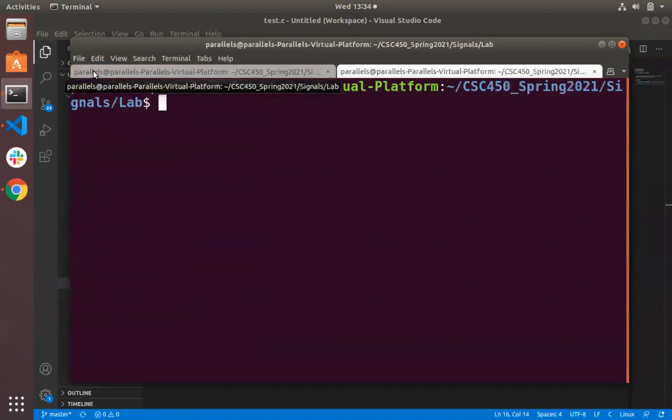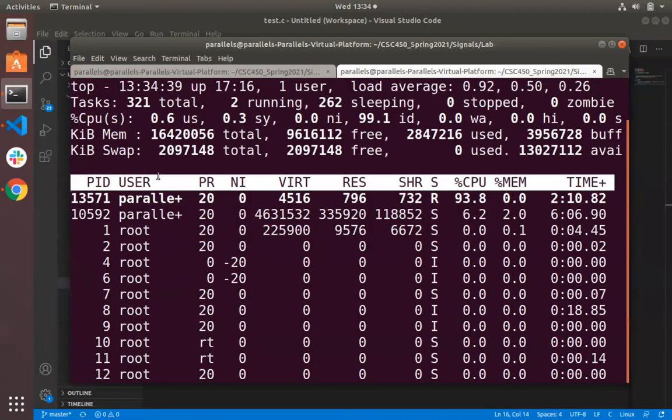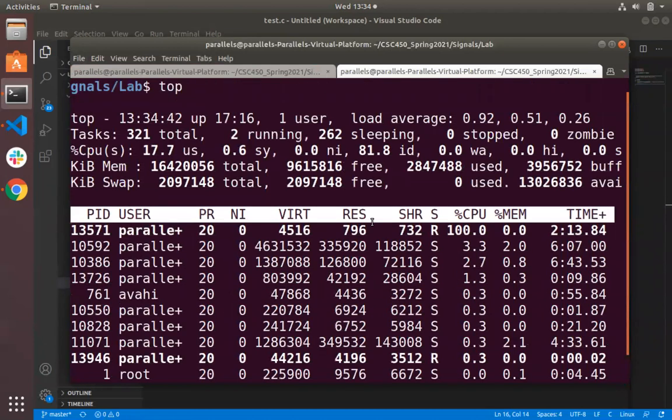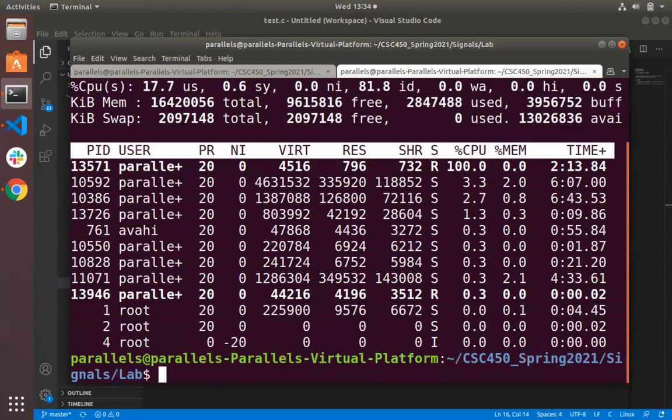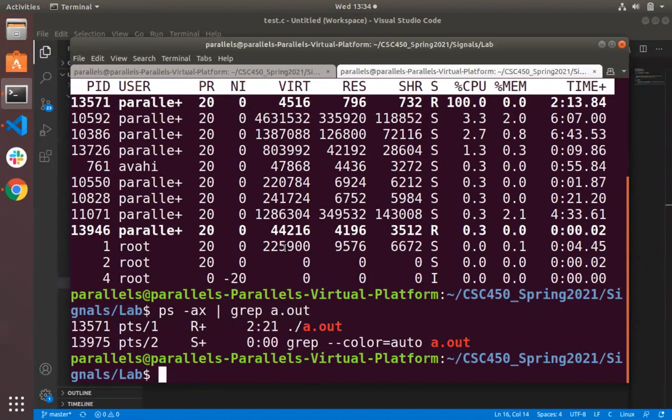But in this case, I think I can probably just go to, I opened up a second tab. I can go to top. I can probably find my a.out process. Well, here, I'll just do ps -ax piped to grep a.out. So our process ID is 13571. So I'll do kill. Well, actually, this is funny. Kill 13, oh, this will work. Because I'm not sending the interrupt to it. If I do kill SIGINT,